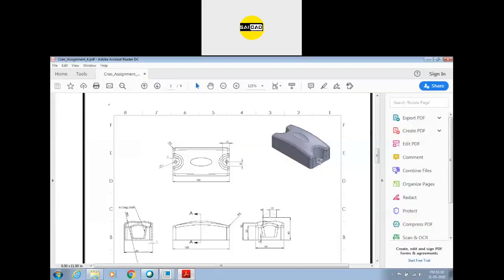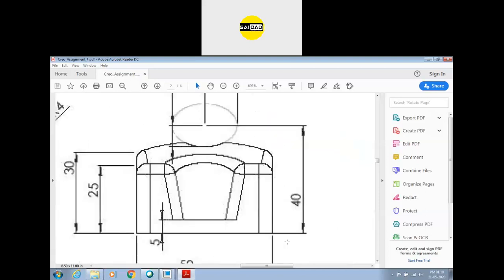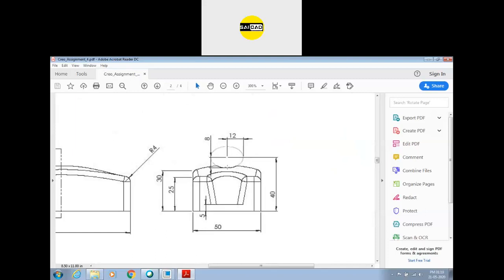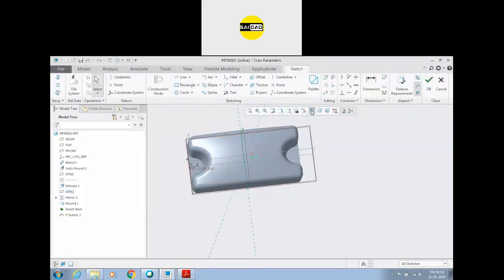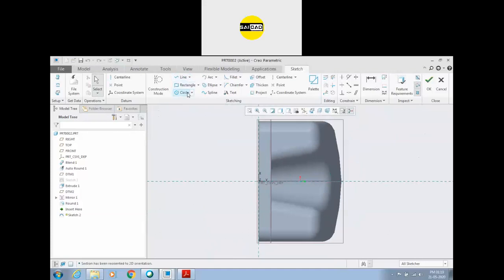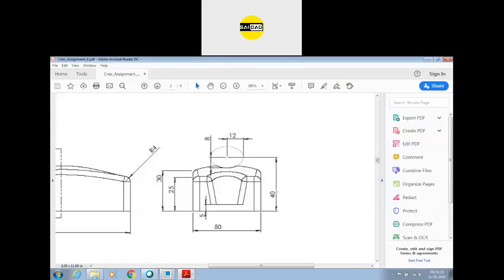Okay, you can create the hole by simply applying extrude cut, and to create this upper shape you can see we have given a reference here that at the mid we have a 12 by 8 ellipse. So go to the mid, create a sketch and create an ellipse from the center like that. The ellipse height is 40 and it is 8 by 12.